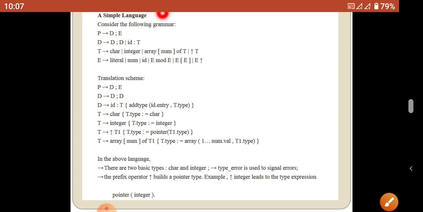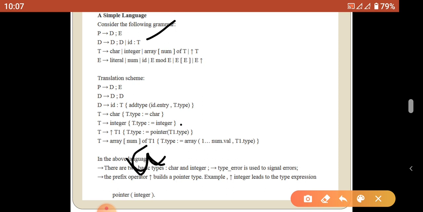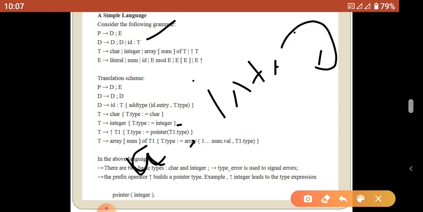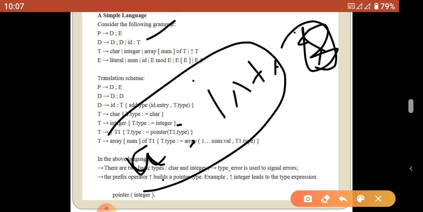That's why ID semicolon, ID colon and type. A colon type. Type means integer, and it ends with a semicolon. There is no indication here, so no need. A colon integer is a declaration part of the Pascal language.